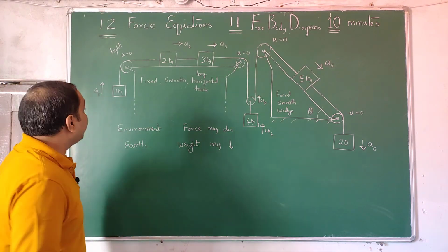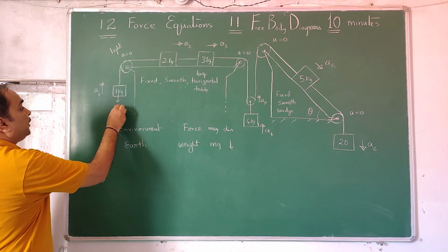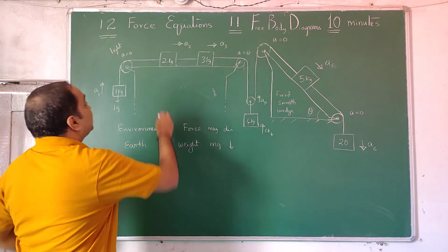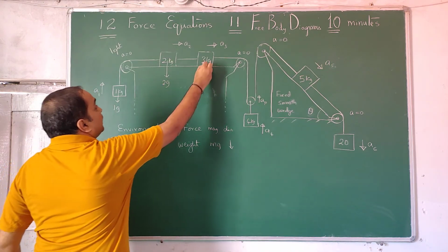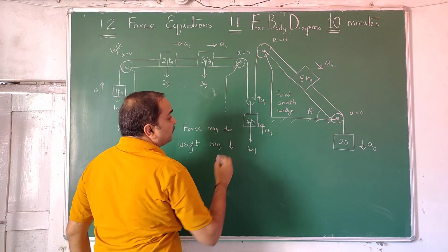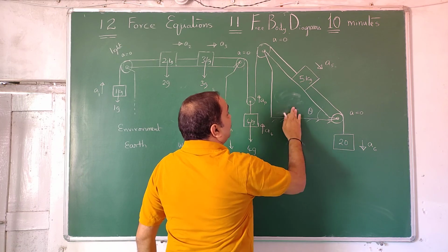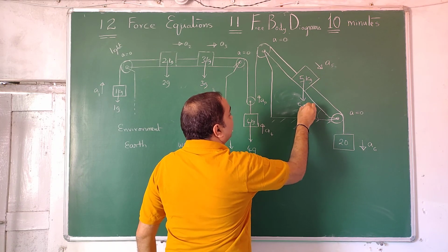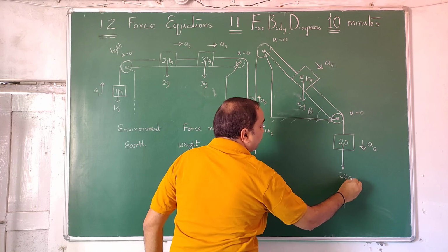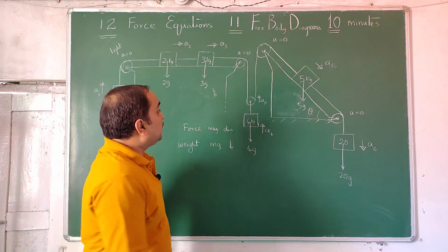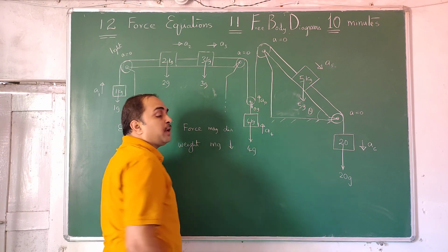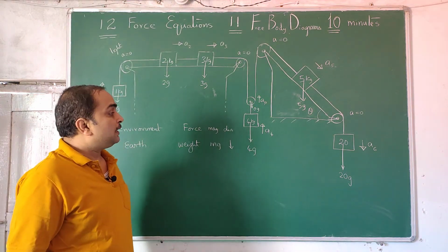Now concentrate on what I am doing. I am writing here 1 into g, gravity. Copy the snapshot and remember what diagram I have drawn, because I am going to change many things here. This is 2 into g. I am writing weight on each of them: 3g. This is 4g. This is 5g. This is 20g. To keep the conceptual clarity, this is a massless pulley. If you want, you can write it as 0g. Actually 0 into g is 0 only, but still if you want, you can write it. There is a purpose for it. I will discuss it a little later.